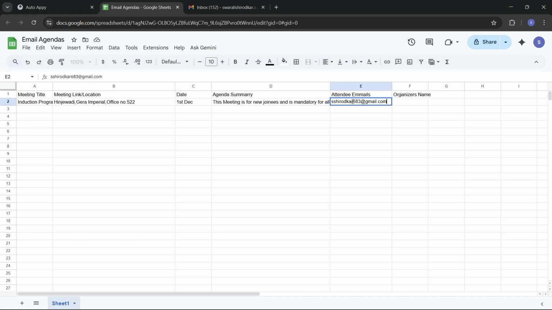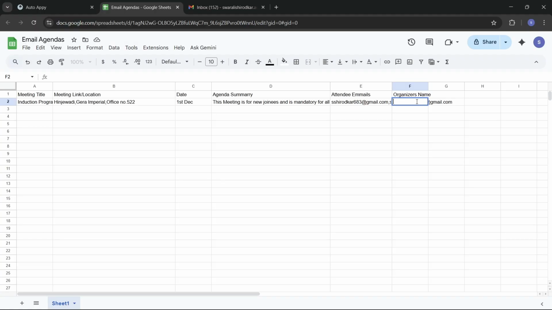Just enter it by giving a separate comma so that it takes multiple values. And now we go to our final